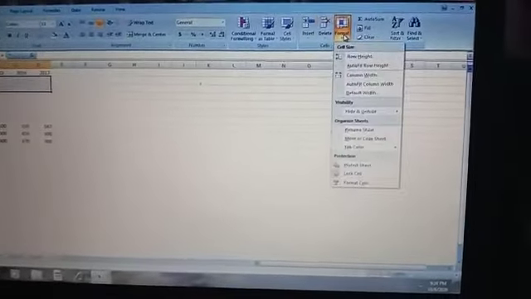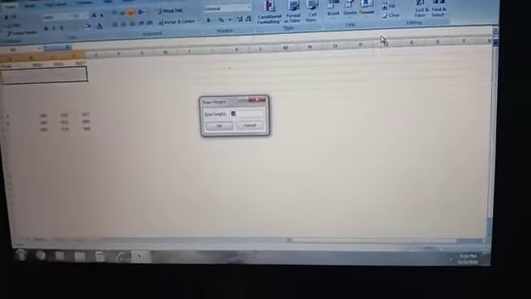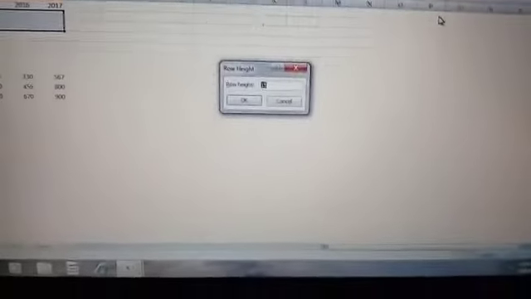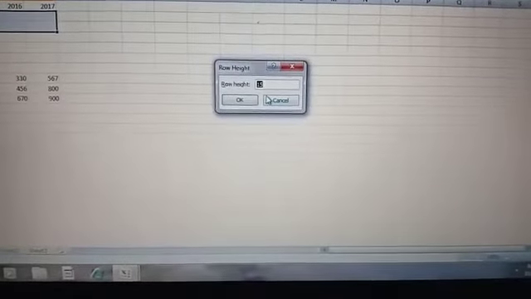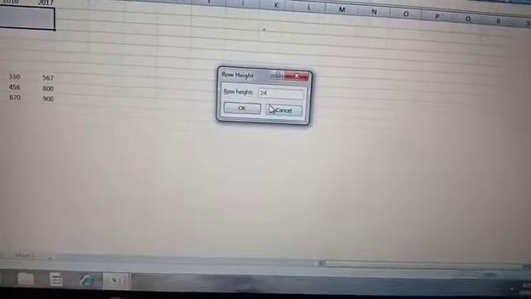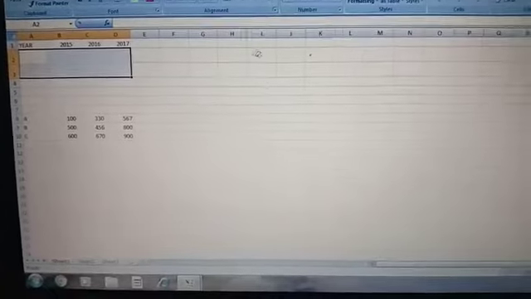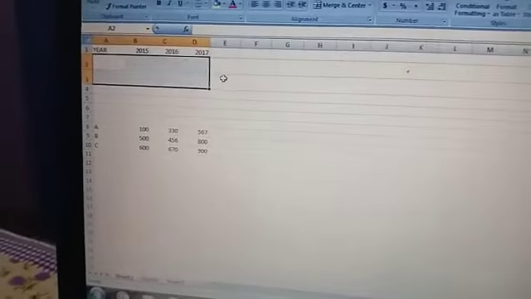Okay, now here while formatting, see, Row Height. Can you see this? In your textbook also you have the Row Height. You can put here any height, for example 24. See, this gets larger. Can you see?